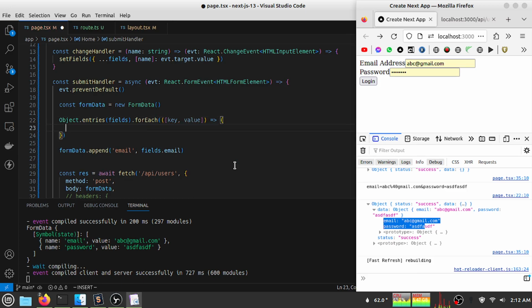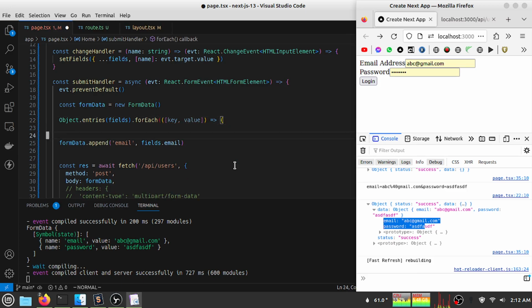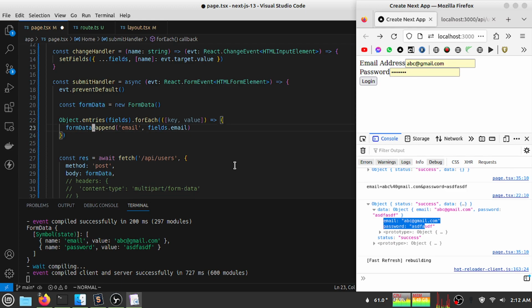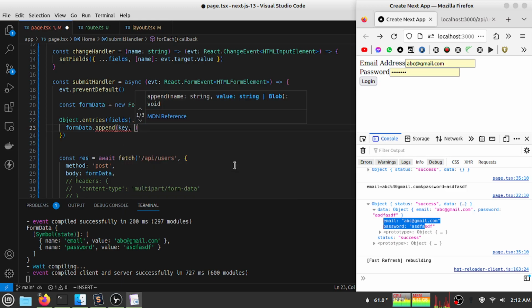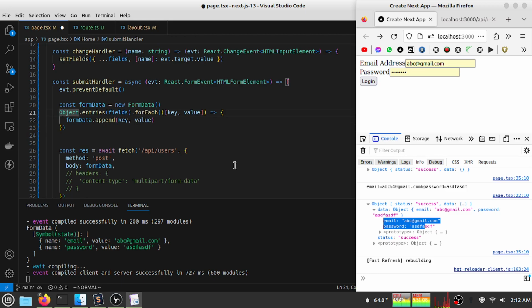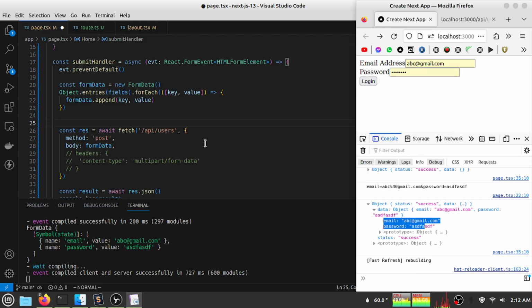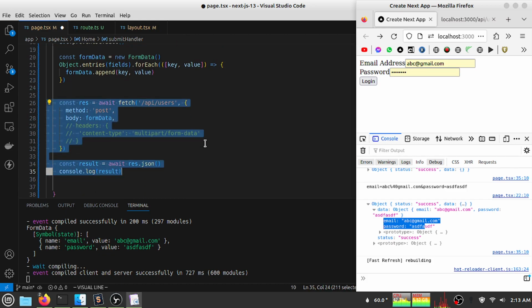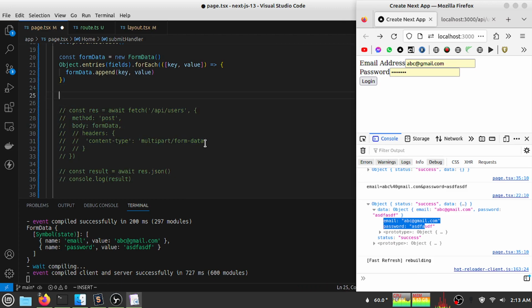And now put this form data inside my loop, and the key will be the key and the value will be the value. This way it is very simple. Now we have all the data. So let's see console log instead of fetch, ignore the fetch, console log the data, clg form data, and